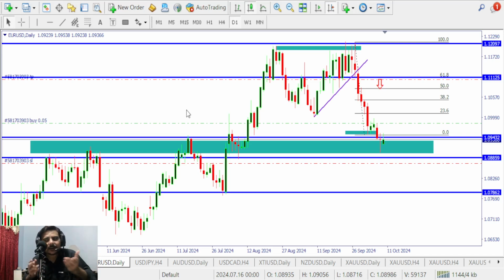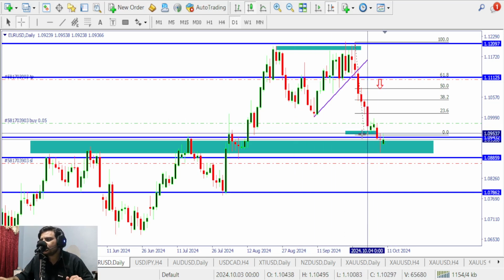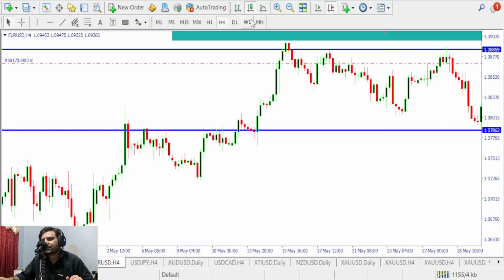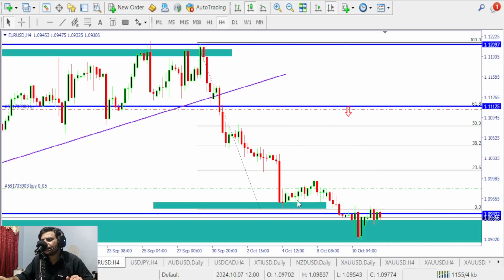I look at the level and I see, okay, if this is a sell level, if this is a buy level, what type of level is this, so that I can trade. So if you are skipping the video and if you don't give proper attention to the levels, it's not going to work for you. So same right here, when I personally took this particular trade right here, if you see,